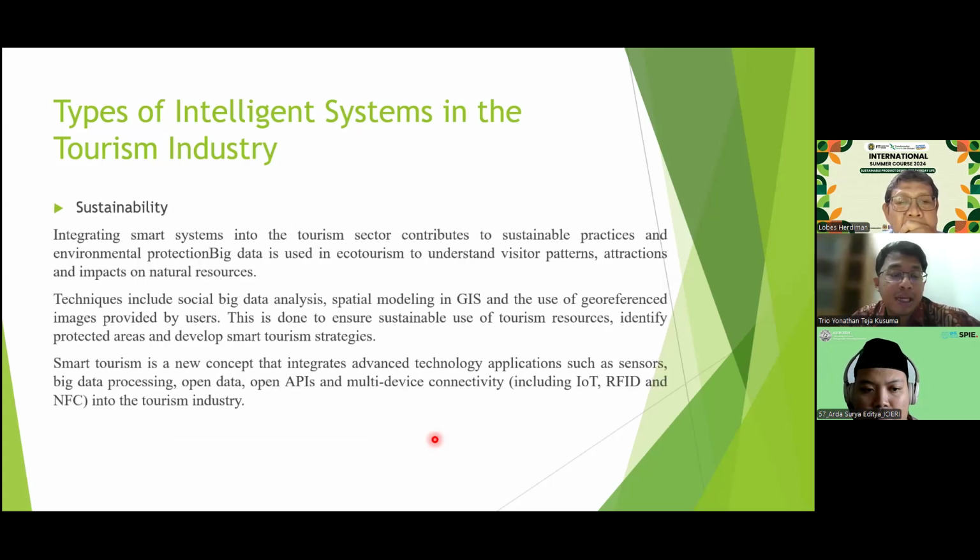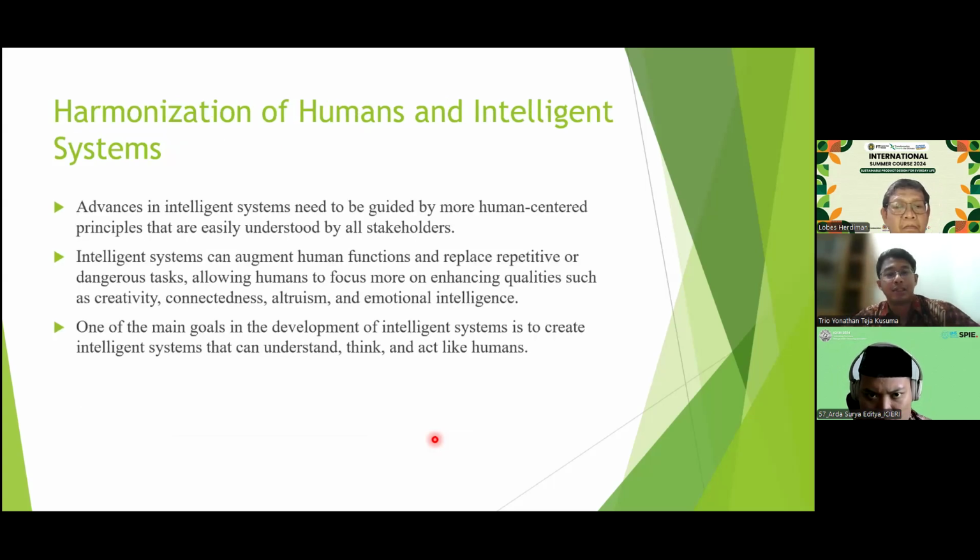And in sustainability, integrating smart systems into the tourism sector contributes to sustainable practice and environmental protection. Big data is used in ecotourism to understand visitor patterns, attraction, and impact on the natural resources. So the intelligence system can measure the sustainability in tourist destinations. And then how to